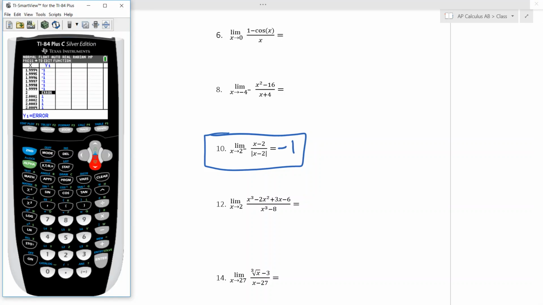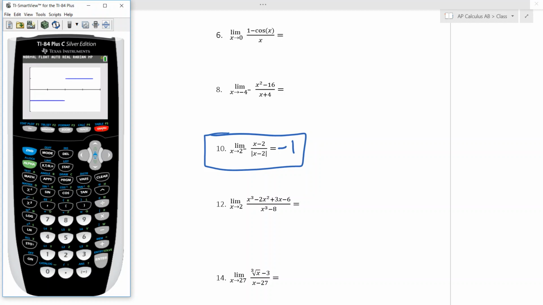And last but not least, I think this is one of the harder ones to do here. You can graph this thing. The problem with graphing it is sometimes you got to worry about what your window is. So for this graph, a nice window, we care about 2, so I might go from 0 to 4. And my y, again, depending on where we're going to go from, I might go from like -2 to 2. When you graph it,